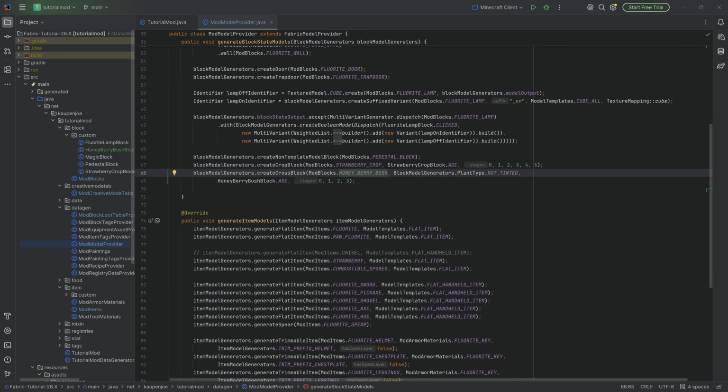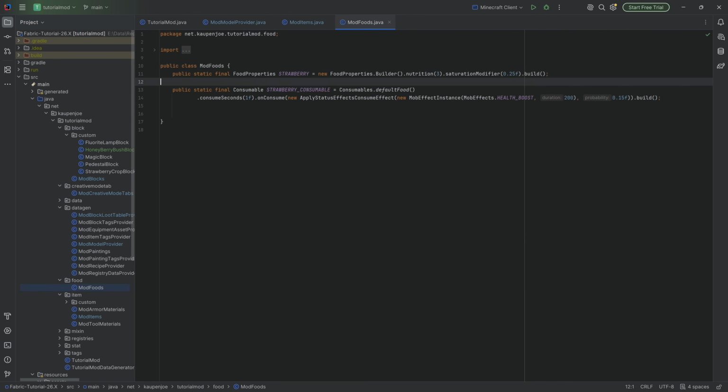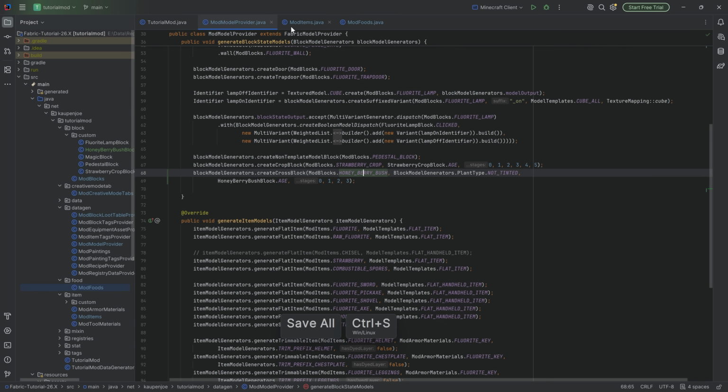Now, there is one thing missing, one tiny thing, and that is the item itself, right? The honeyberries. Well, hold on a second. They are not only a block item, they're also a food item. Exactly. So we can simply add another food properties here. We're going to do this for the honey berries over here. Let's say this is going to be 2 nutrition and like a 1.5 saturation, and then add that as well